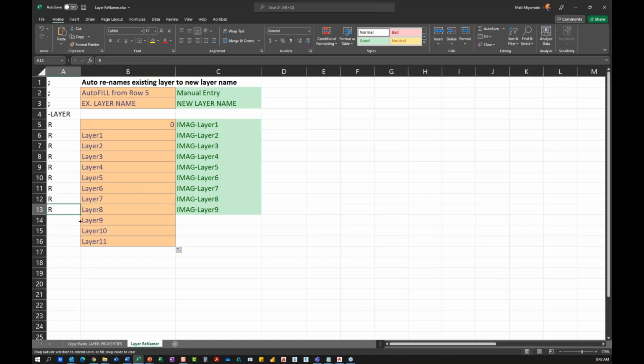And the same thing for the command. It's always going to be that R function to rename after we start the layer dash layer prompt. So I need to have that R in the first column, and then I autofill the second column, and then I manually fill in the third column. Once this is done,